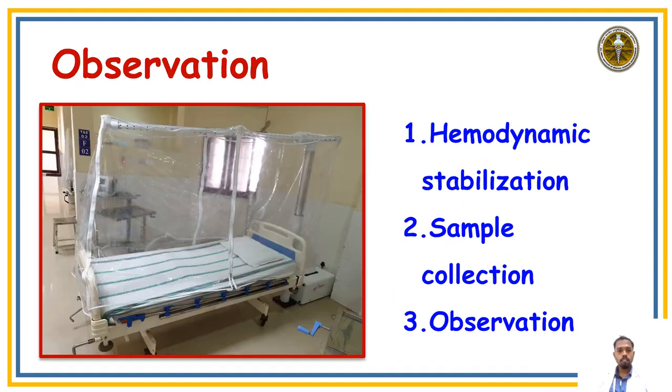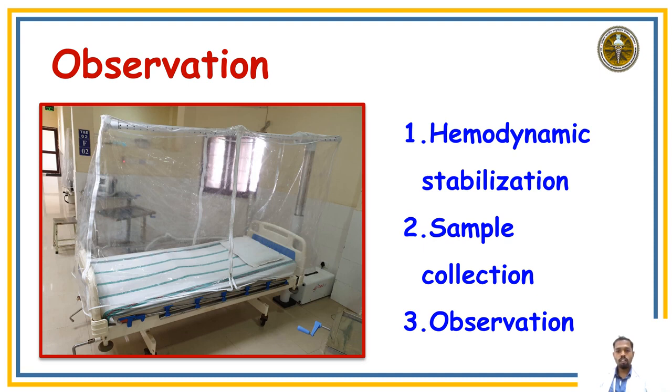The second thing is we can see the observation bay here. The observation bay is a special bay, which means a bed will be there. Over the bed you can see a special wing which covers the entire bed. The main aim of this covering is to control whatever droplets of the patient spread in the atmospheric air, and the droplets present in the atmosphere are fully suctioned by the top level of the floors.